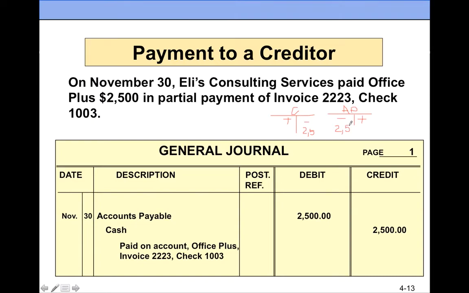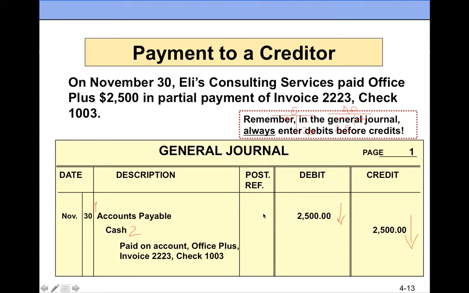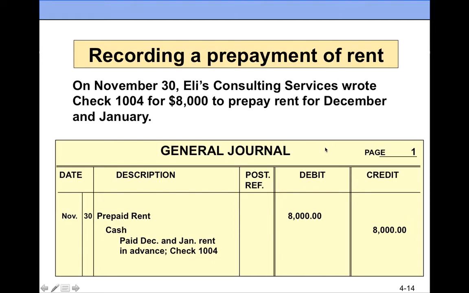But which do I list first in the journal? AP goes first. Why? Because it's a debit. Does it go down? Yes, indeed it does, because liabilities decrease when we debit them. And cash goes second, and it also goes down. Both go down, but the one that is debited is listed first. So remember, in the general journal, always enter debits before credits. Never flip them around. I wrote a check to prepay rent for December and January, debit prepaid rent,